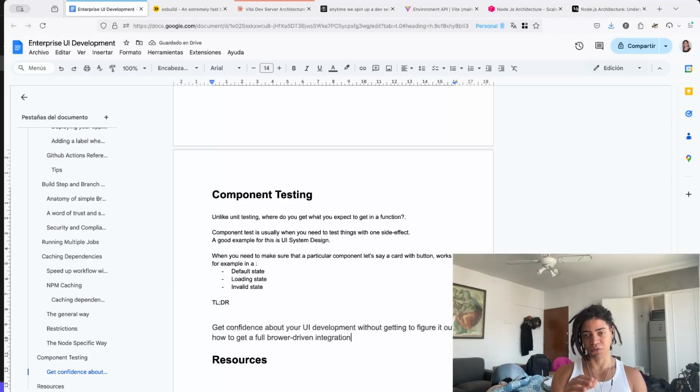It might sound like a lot of confusing words, but at the end of the day, it's trying to be precise when it comes to describing what it wants to achieve. What is the value proposition of these components? It's that you gain some confidence in your UI development without having to figure out how to get a full